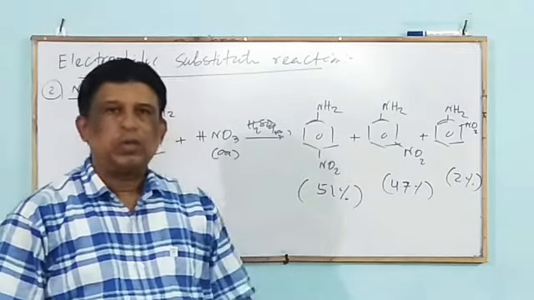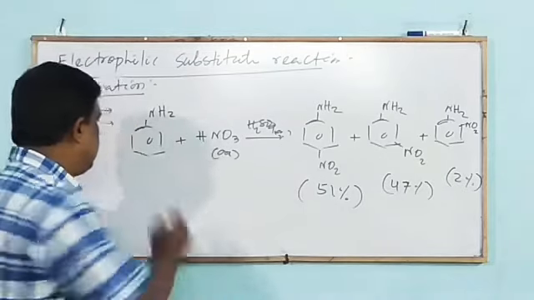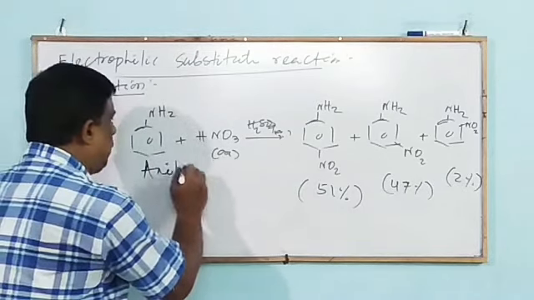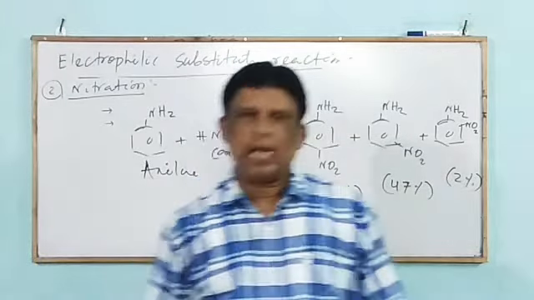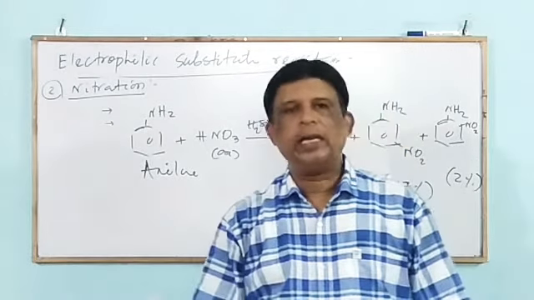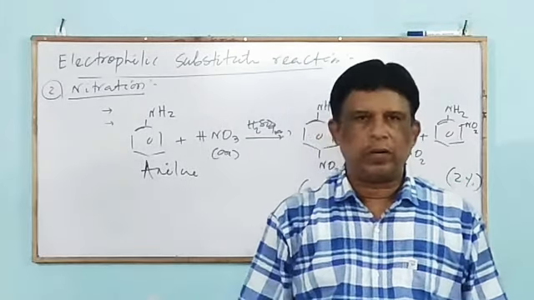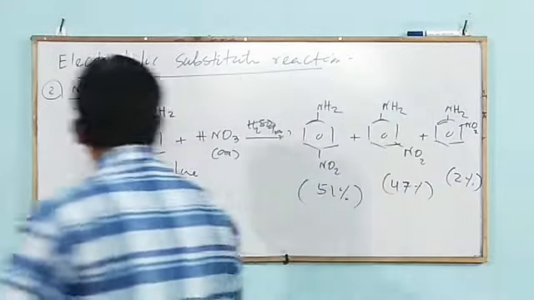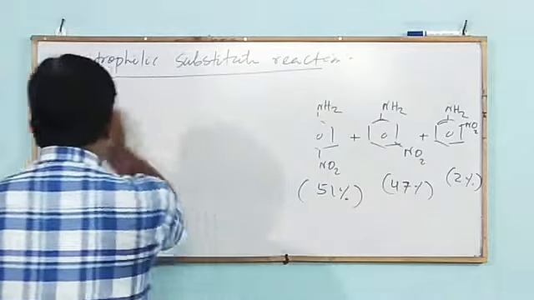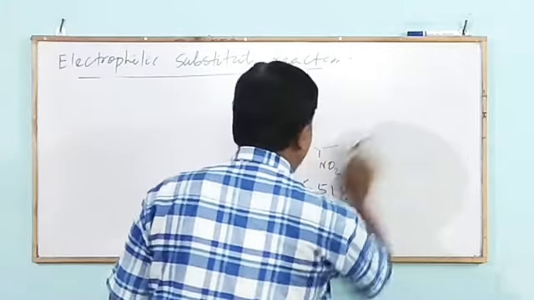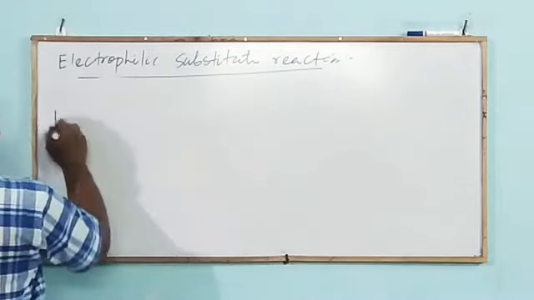So, in order to avoid this difficulty, before going to the nitration of aniline, it is first necessary to undergo acylation. Then, by protecting it, it undergoes nitration to form the monosubstituted product. Mark the equation. In order to overcome these two difficulties, it is necessary to protect the amino group first by acetylation.